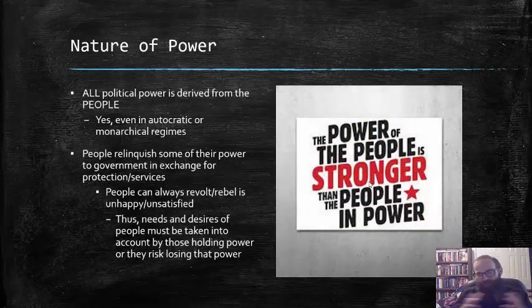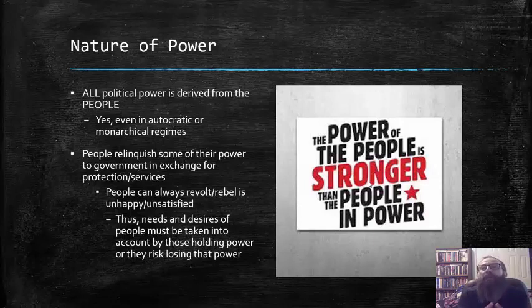The third one I want to discuss in this particular presentation is called the nature of power. Fundamentally, all political power is derived from the people. Yes, even in autocratic or monarchical regimes. Generally, when they talk about this idea of the power of the people, people think in terms of democratic or